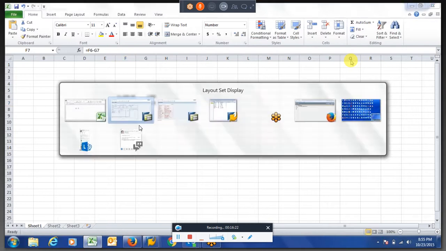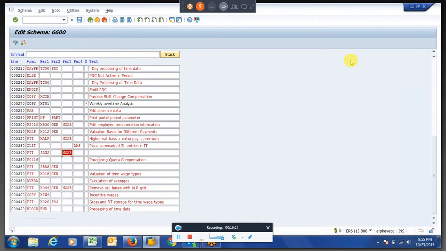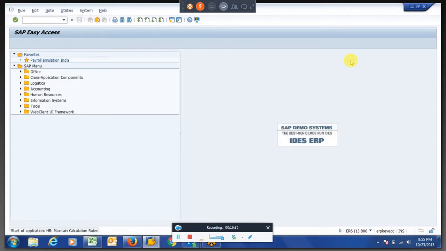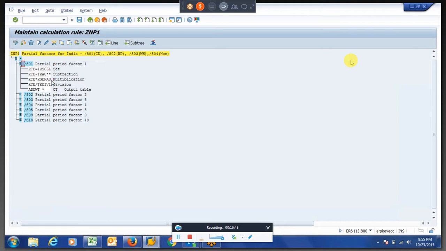So now, to get this, we are going to the same factoring PCR. Right. If you see this /801, we already assigned for all wage types stating processing class 10 with specification 1 to multiply with this factor. So this factor we are again creating a new line.